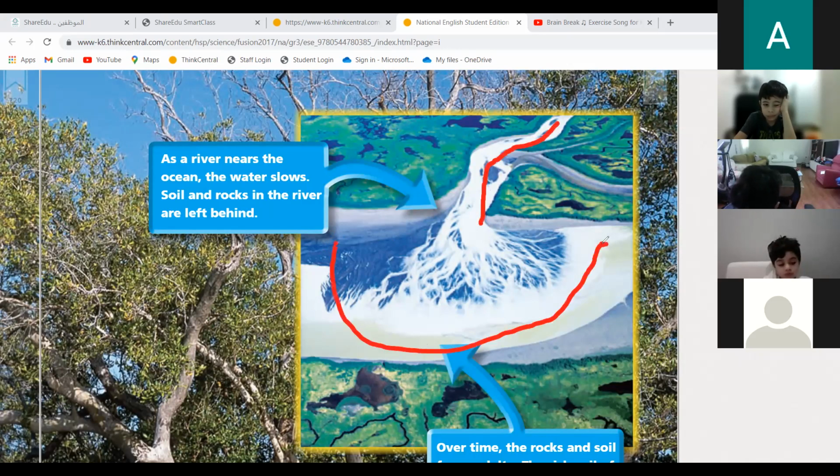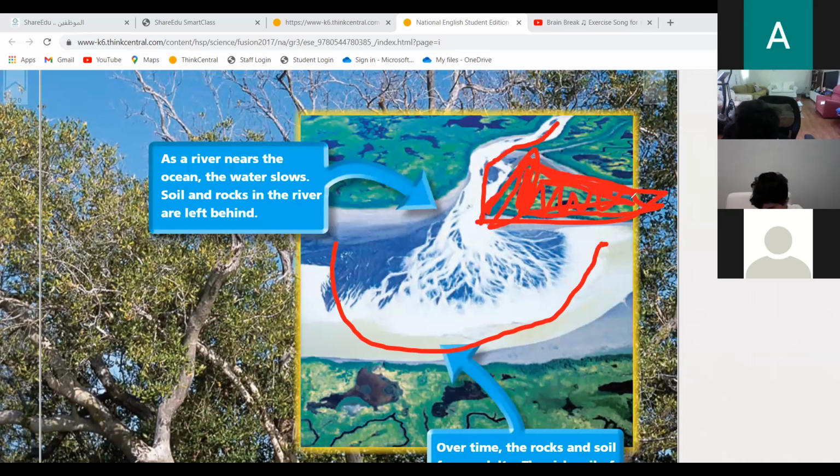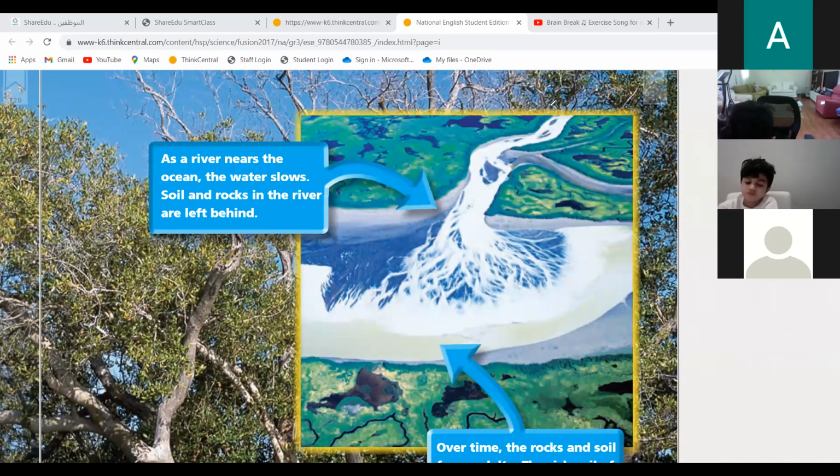So rivers, they meet the ocean. When a river meets the ocean, it will erode some soil with it. But before hitting the ocean, the soil will land over here. When they land over here with sediments, you know what sediments are? Sediments are small pieces of rocks put together. When they are put together, they form a land. So this land is full of rocks and soil, and when it's full of rocks and soil, it is very, very good for planting new trees and plants.